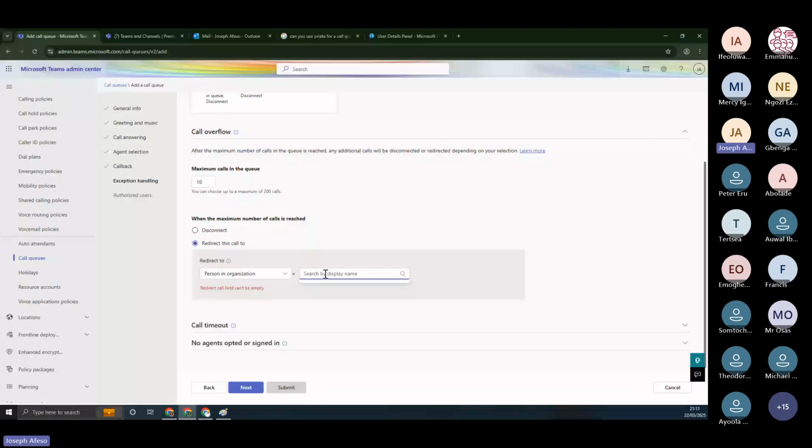So if I search for myself, I'm not going to see myself because I'm not enterprise voice enabled. And even if by miracle I see myself, it's not going to work. No match found. Look at it, only enterprise voice enabled users are supported. So I can't pick up that call. So if I want the call to be forwarded to another call queue, which is like the better option, then